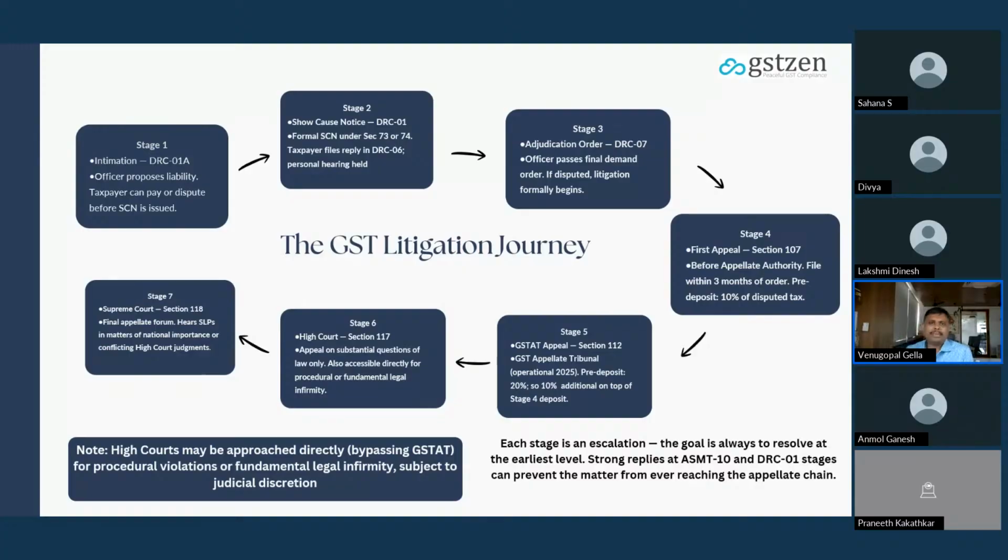If you are not happy with that, then you can go to High Court, section 117 under stage 6, and you can go to stage 7 Supreme Court. There is one other case where you can bypass. We have Article 226, which will permit you to go to High Court when a fundamental right is violated. There are various fundamental rights, and either on the grounds of equality under Article 14 or Article 19(1)(g), where the survival of your business is at risk because of this order, you can skip the chain and directly go and stand in front of the High Court.